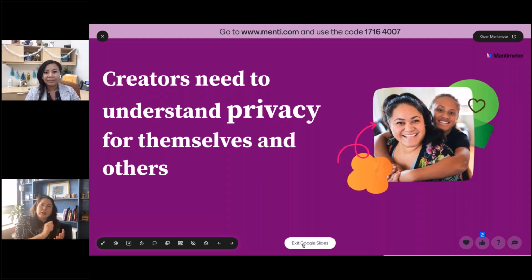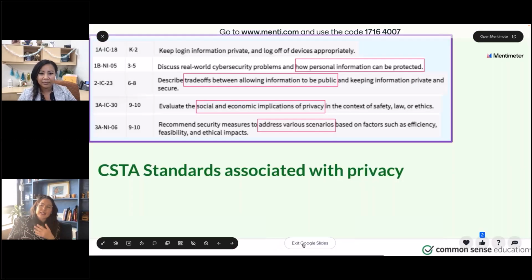We can have them sign their AUP and do this. But it's another thing for students to understand what that means and why it's important and how that impacts their lives. And so I put in a lesson here. First I'll hit those CSTA standards. Don't forget, these are all part of our standards.